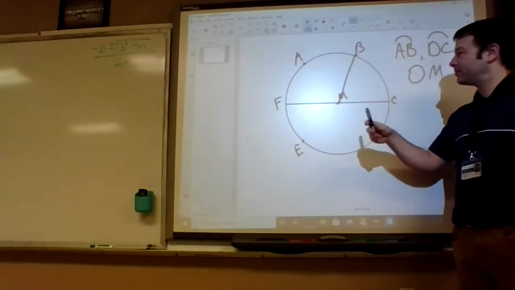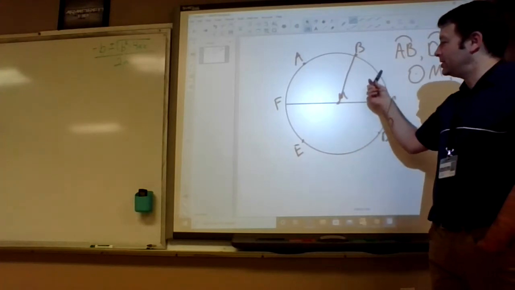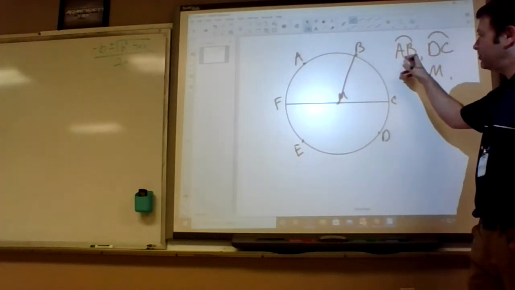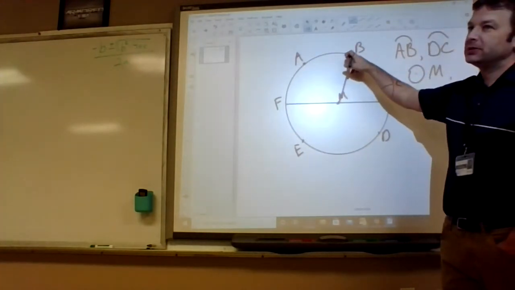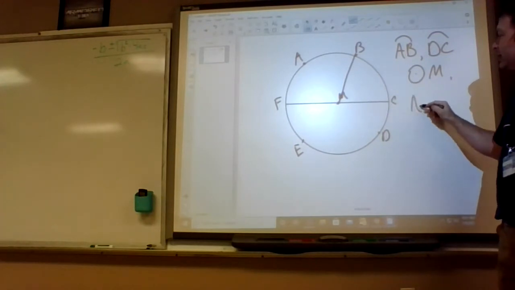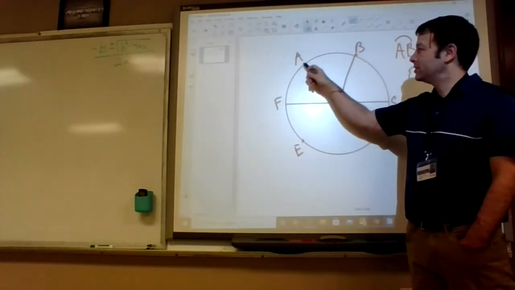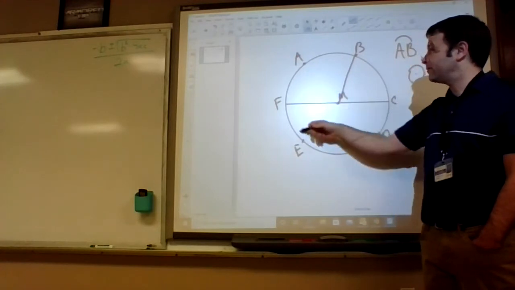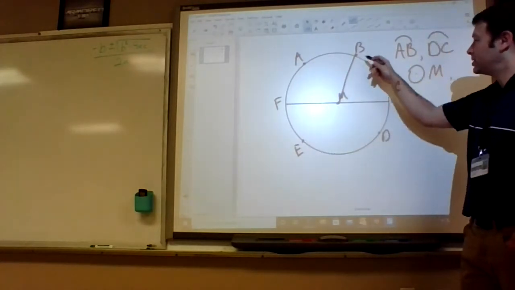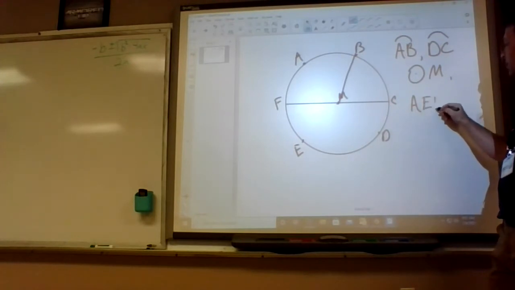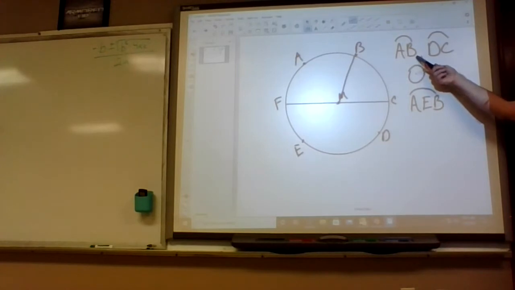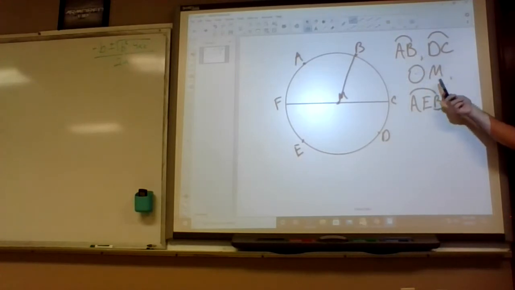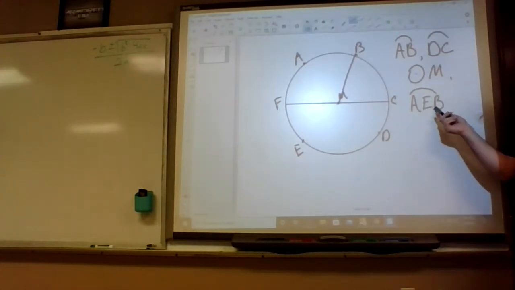What if I want to go from C, if I said AB, that would be from here to here, but what if I want to go the long way around from A to B? AEB. Right, you just need to use a third letter. You could call it AEB, AFB, anything B, really. That just shows that you're going the long way around. These little arcs that are less than 180 are called minor arcs. And if it's 180 or more, you have to use 3 letters, and it's called a major